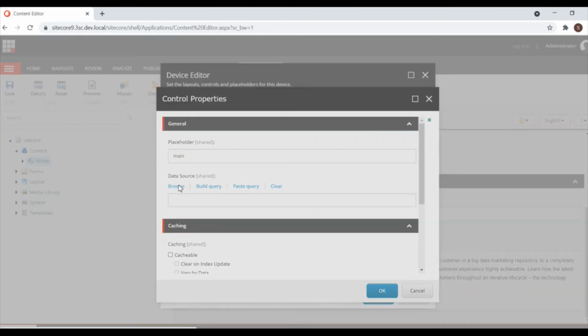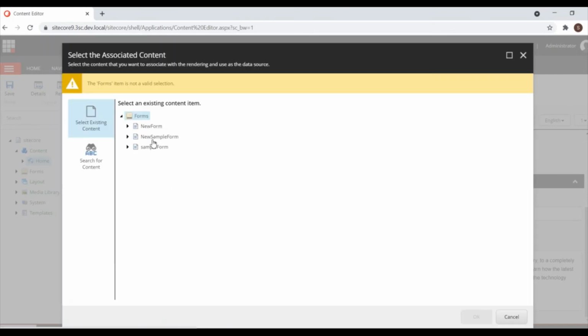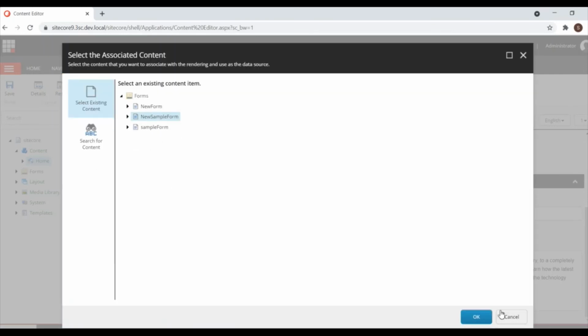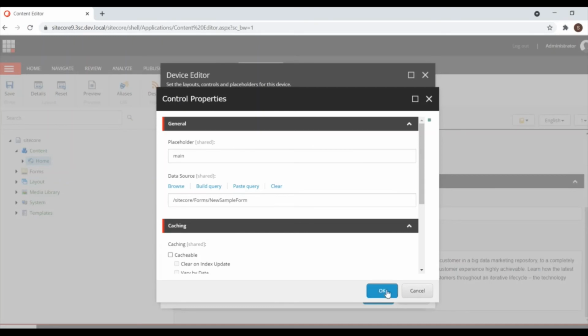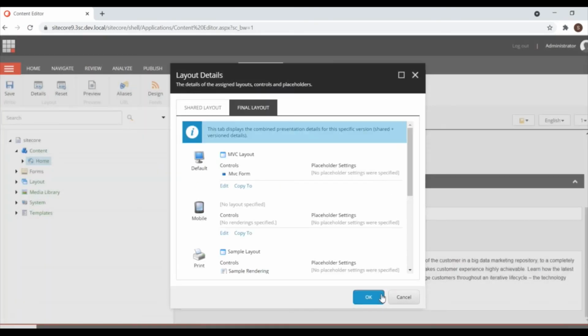I'm selecting the data source which I created now, the New Sample Form. My new sample form is assigned to my MVC Form rendering. The MVC Form rendering is available by default with Sitecore 9, so there's no need to create it. The only requirement is the MVC layout. With other ASP.NET layouts it won't work.